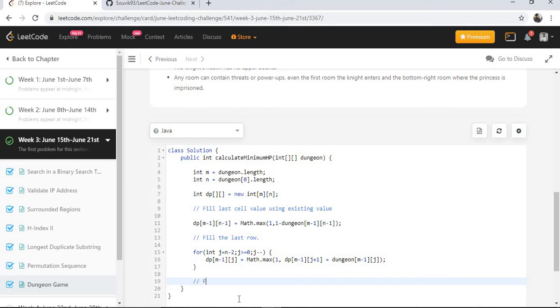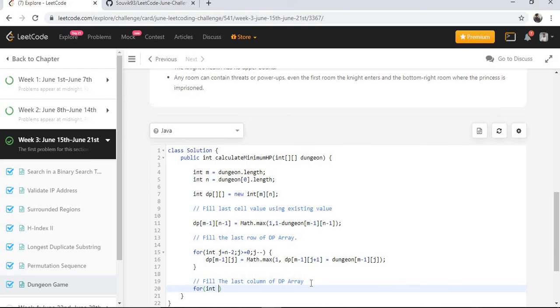Similarly we will fill the last column of the dp array. Yeah, and use the same for loop.